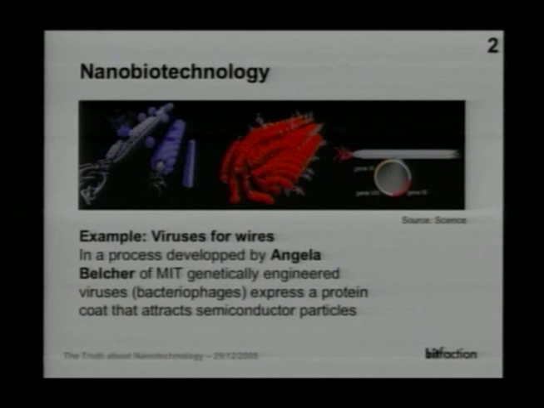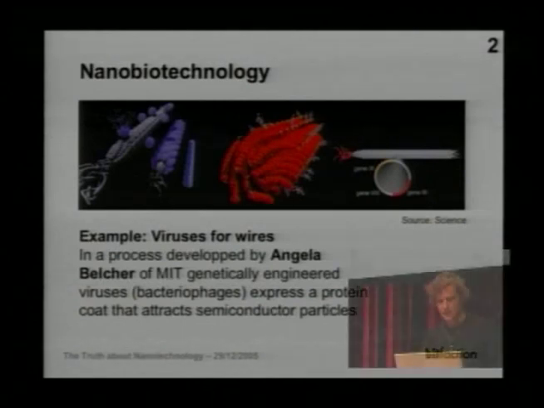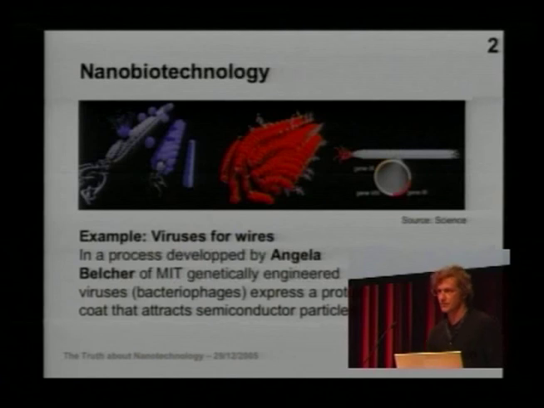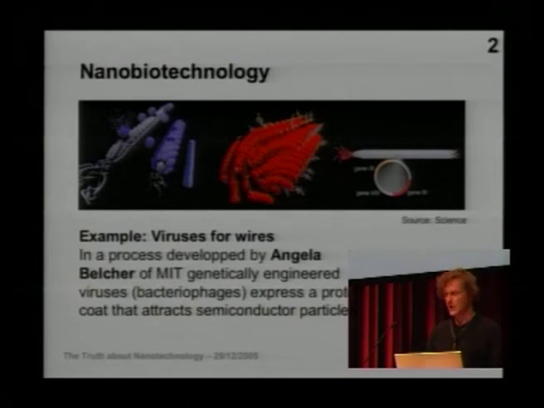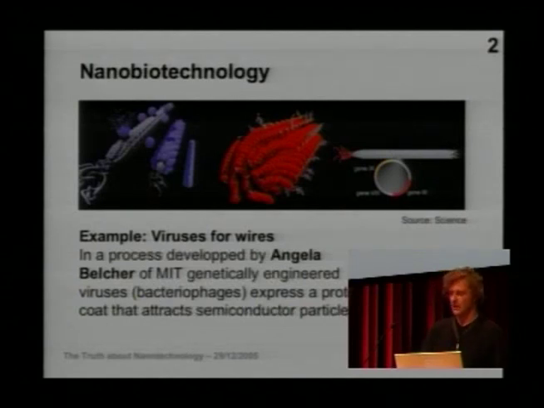Another thing is nanobiotechnology. This is a very crazy concept that works really well. That was discovered by an American chemist, Angela Belcher. She now works at MIT. What she did was she took a very simple virus, 880 nanometers long, and it's got only a few genes. You can see this ring on the right side. And one of the genes is responsible for the protein code that this virus has. So if they insert DNA strands just at random into the gene,